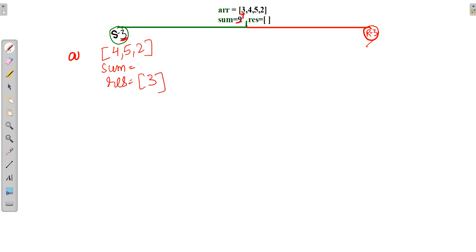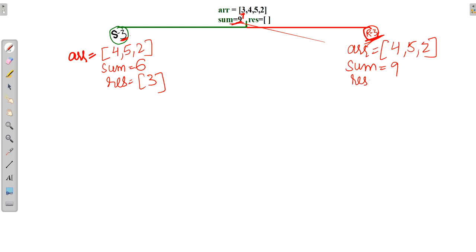So the sum will be 9 minus 3, which is 6. And when I reject 3, we will have 4, 5, 2, but the sum will be the same, 9, because we are rejecting 3.